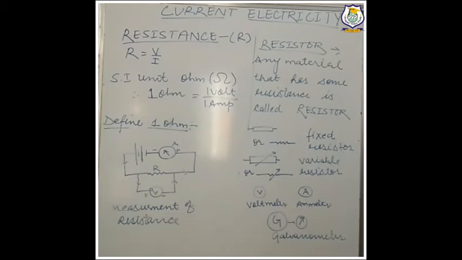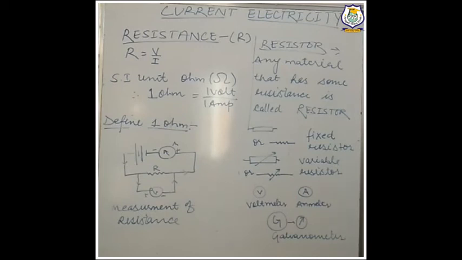So how can we define 1 ohm? If we write 1 everywhere, 1 ohm is equal to 1 volt upon 1 ampere, then we can easily define 1 ohm. So 1 ohm is the resistance, or we can say the resistance of a conductor is said to be 1 ohm if 1 ampere current flows through it when the potential difference is